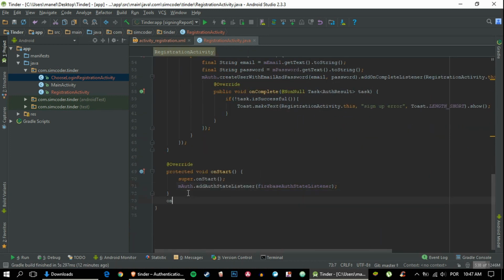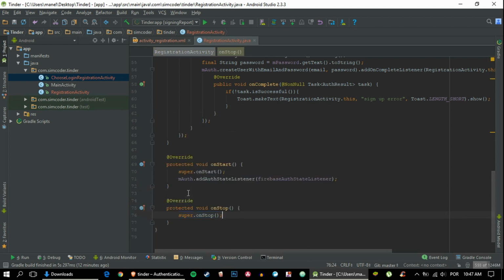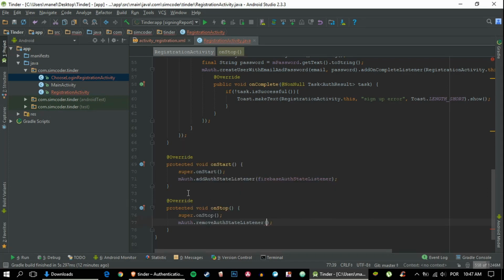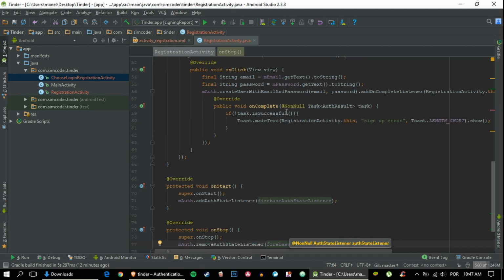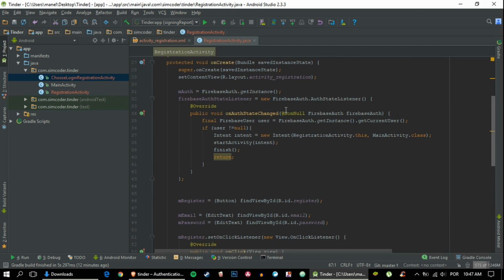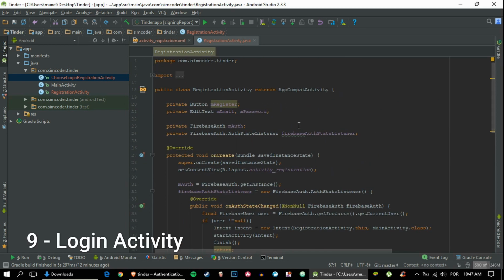And to remove it when the activity is closed, simply say onStop dot remove auth state listener Firebase auth state listener. And that's all done and over with. We have a registration completely working right now, I believe. Let's hope so. So yeah, let's move on to the login page, and it is going to be really similar